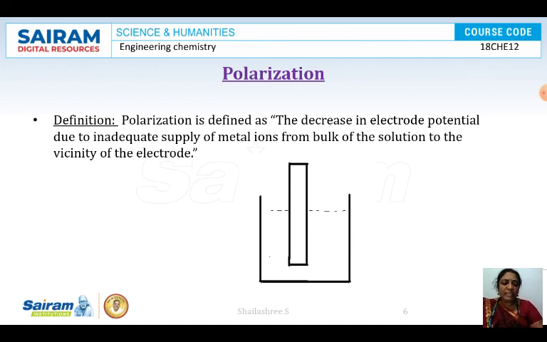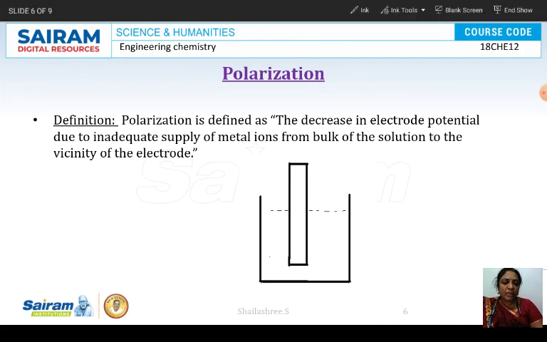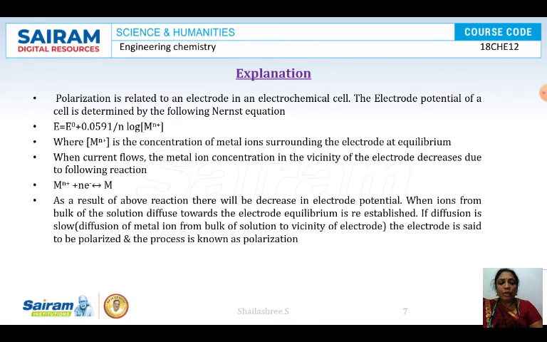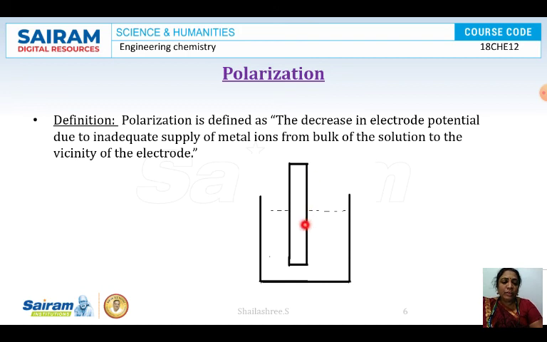So what will happen in the surrounding surface of the electrode? The metal ion concentration has changed, right? The Mn+ concentration has been reduced. So at the same time, what is supposed to happen? From the bulk of the solution, the metal ions should move towards the electrode surface. Why? Because once again I am telling, at the metal electrode surface, metal ions get reduced to metal and get coated on the substrate. So there is a decrease in the concentration of the metal ions. At the same time, the metal ions in the solution should move towards the electrode surface to maintain equilibrium. Sometimes what will happen? There is a slow or inadequate supply of the ions from the bulk of the solution towards the electrode surface. So